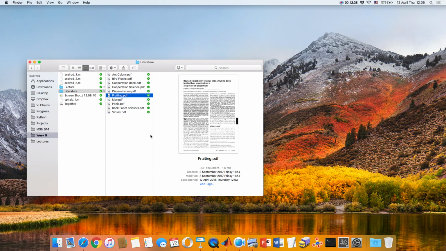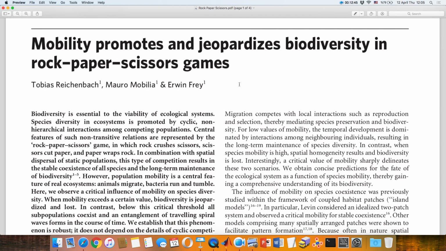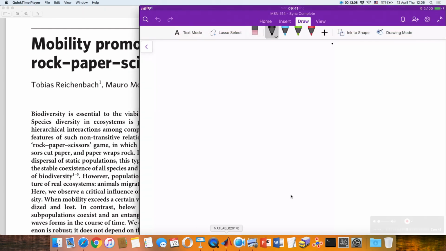What else I wanted to show you? So sometimes, and what? Why is that funny? Nature paper or something. Yeah. Simple things. Yeah. So this rock paper scissors kind of, sorry. So